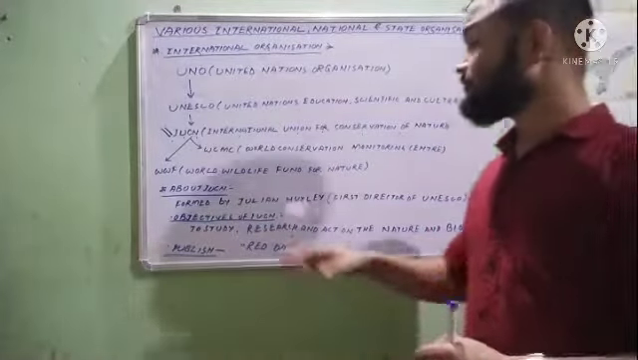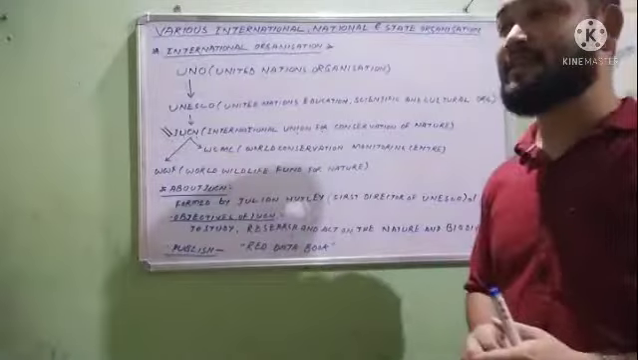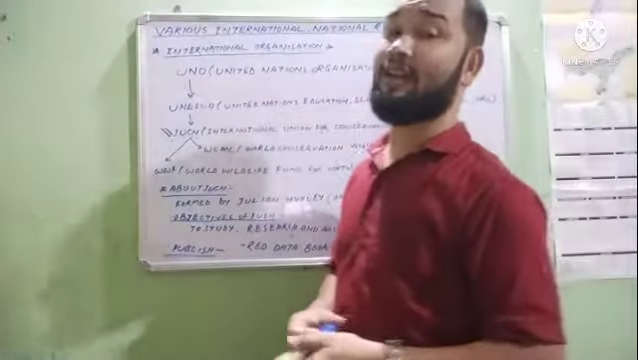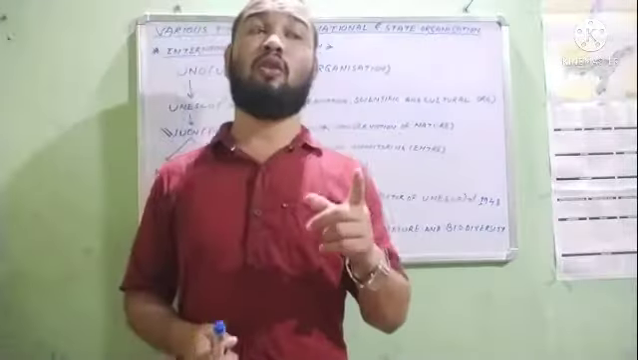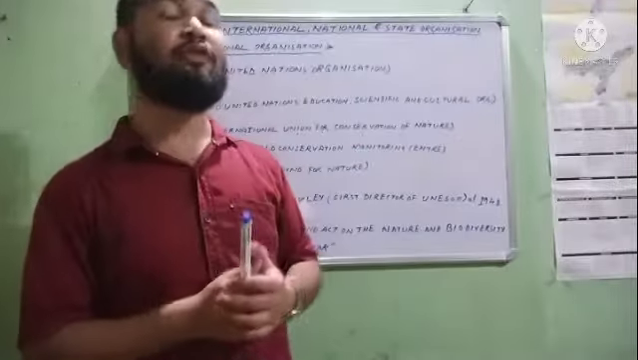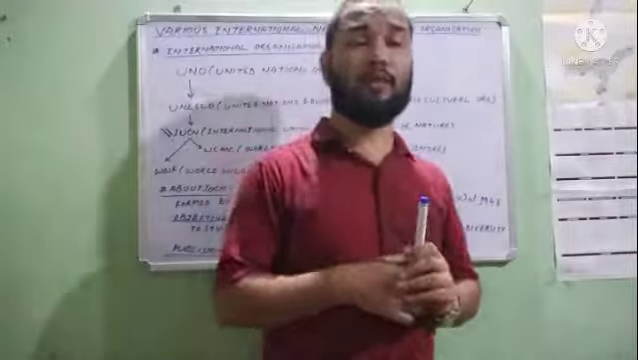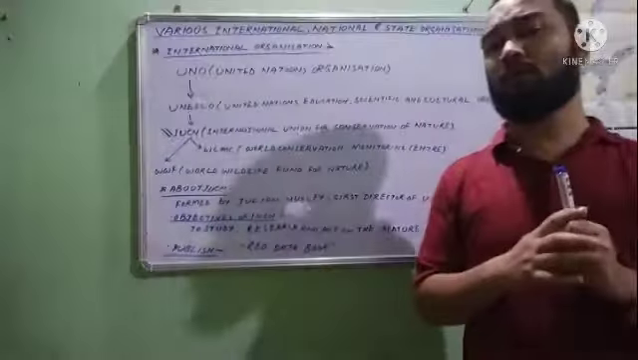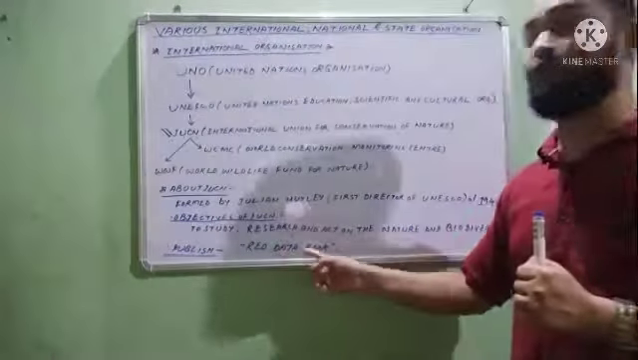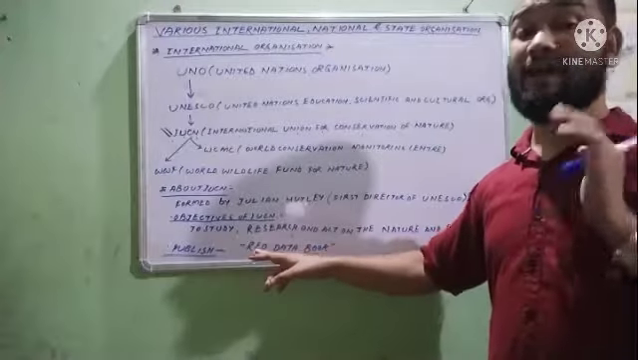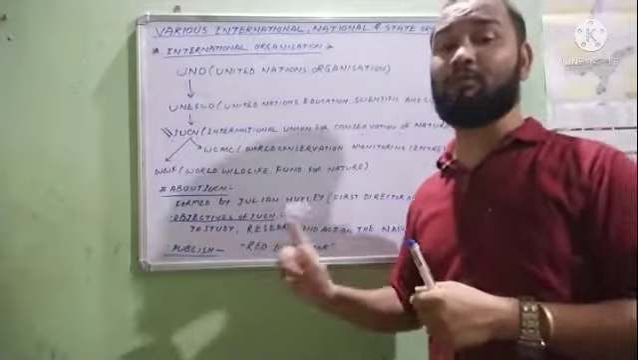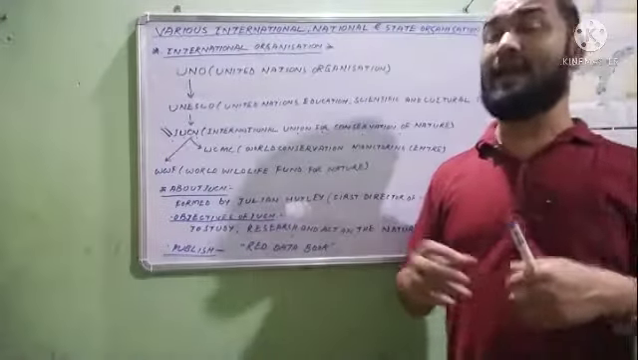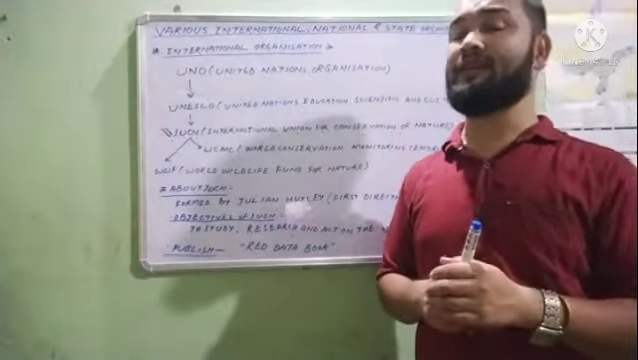So IUCN is the main organization that is working on conservation of natural resources, and every year IUCN publishes one book. The name of the book is Red Data Book. You should remember this name. The IUCN published one book. That book is Red Data Book. In that book, every year they publish the